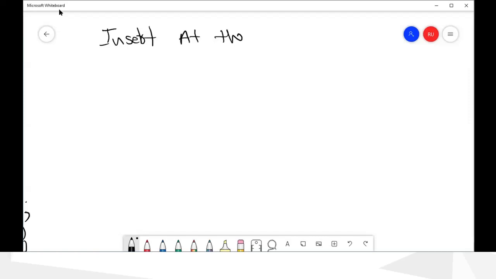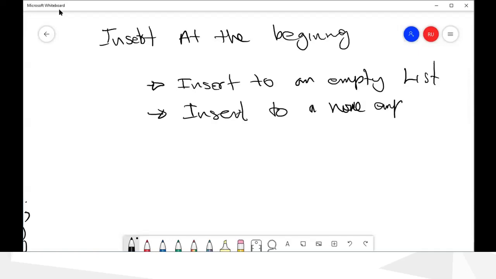Okay, so what are the differences? First, there are two cases: insert to an empty list, and the second one, insert to a non-empty list.